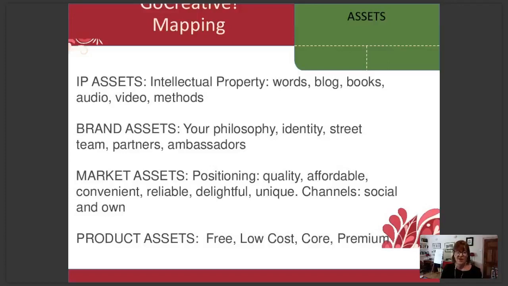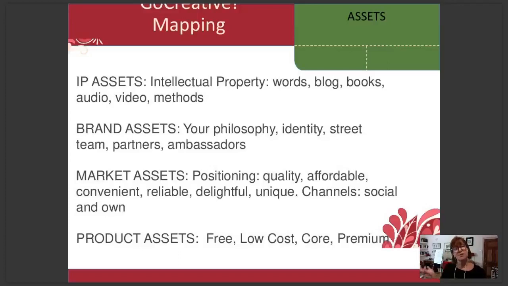And then there are the product assets themselves, which can break down into different kinds of classes. You may have certain products that you give away for free because they help people to see what you do, and they draw a tribe into you, or maybe you get an email address in return for a free product. There's what you call products for prospects. So it's something that's at the low cost end of what you do. You might think of a book if you're a business person, if you're a coach or an interior designer or something, you might think of a book as a product for prospects.